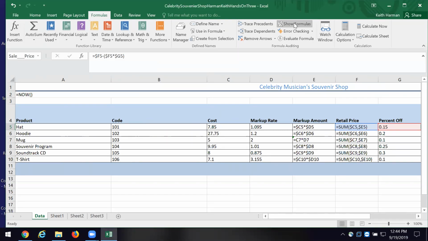The way these are set up, and I'm looking at column C, the costs of $7.85, $27.75, etc. are handled as if they are constants. Okay? They're values that can be changed, but for all intents and purposes, the model here is I have a constant price. And then I have a markup rate.